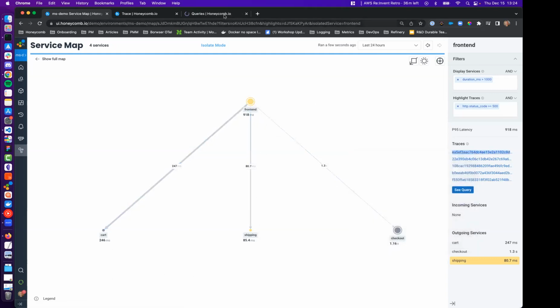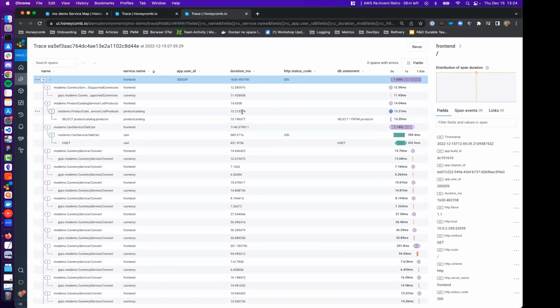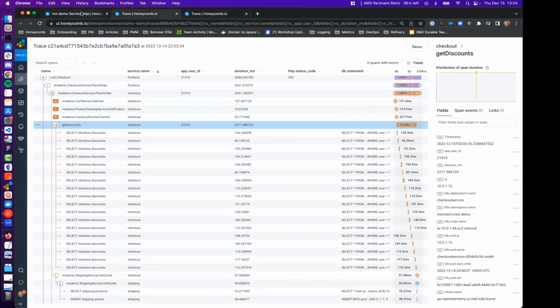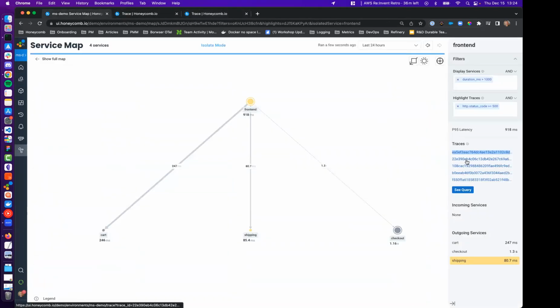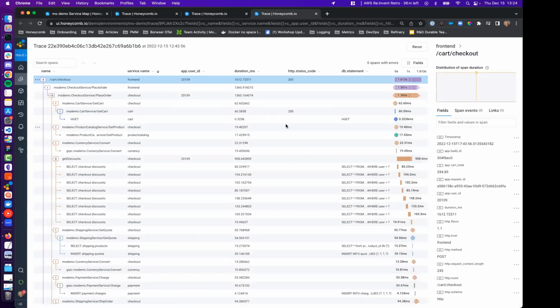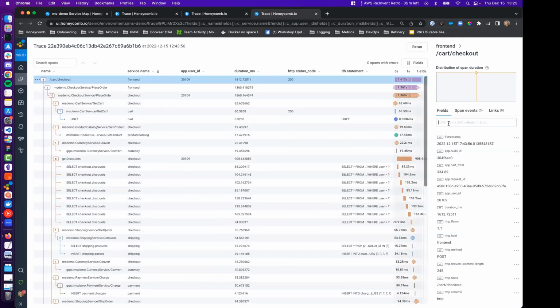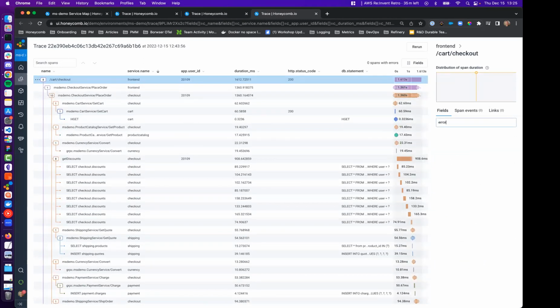So let's take a look at the trace that's associated with that. I should have an error somewhere. Okay, no error on this particular one. There should be an error somewhere, but it's not showing. So maybe it is